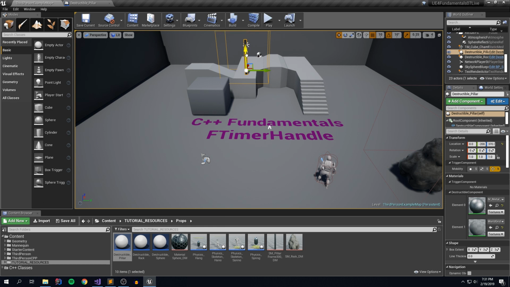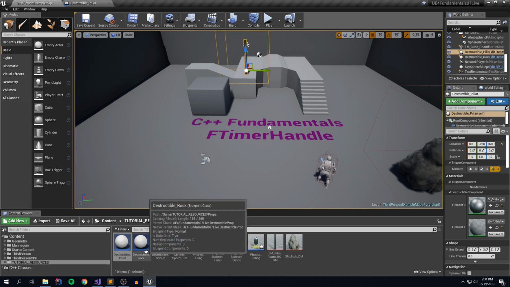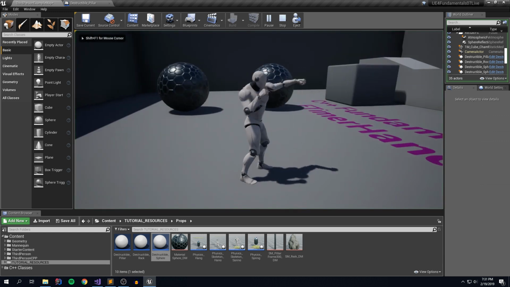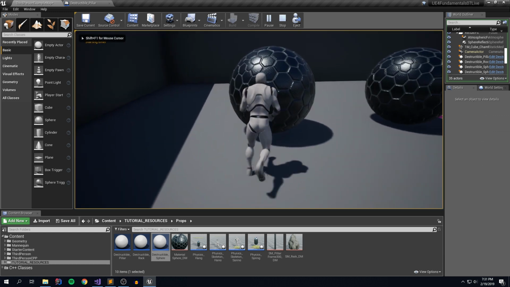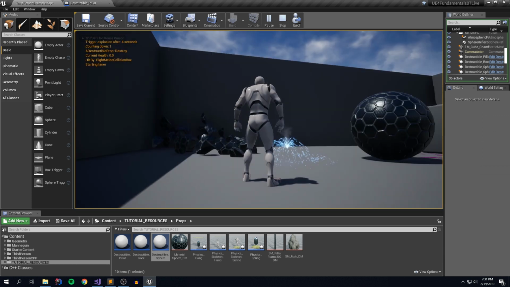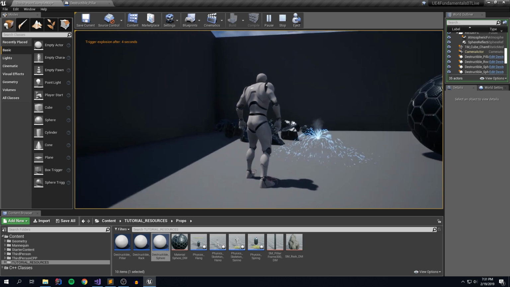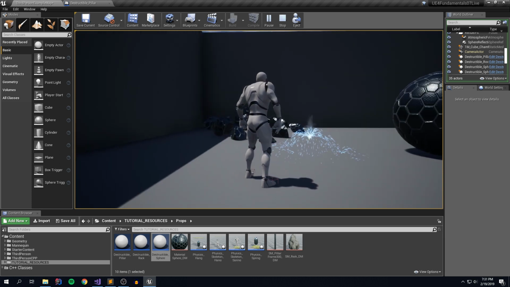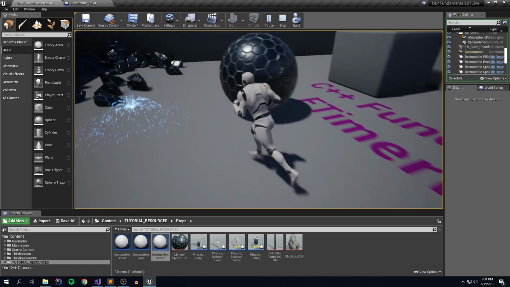I'm just going to pop it a little bit above the mesh, and let's pop in our sphere. Actually, we'll do 2 spheres just to demonstrate. So sphere 1, I walk in, I hit, it blows up. But our timers are still being triggered just because we don't have the logic for on take damage, ignore any timers. But this guy,